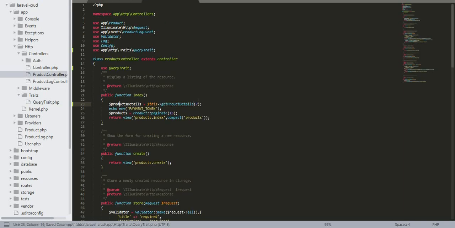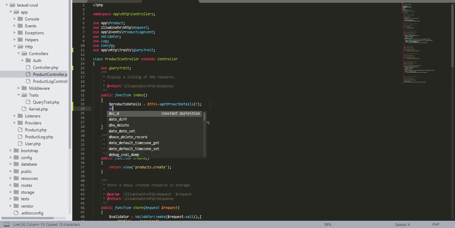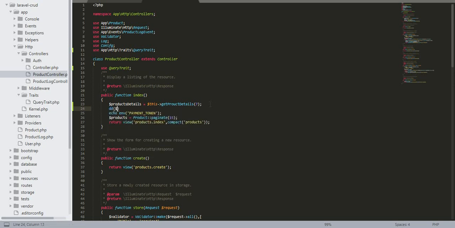Now we are going to print this data using dd, which is a useful Laravel helper for data display.